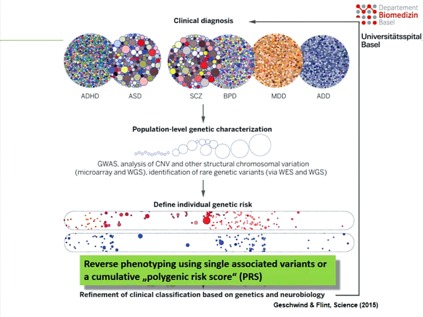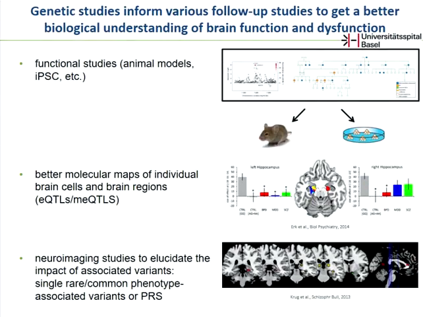So these polygenic risk scores are also, I think, a very interesting tool to dissect these neuropsychiatric disorders at the clinical level. Yeah, and then of course we need functional studies to follow up these findings, and I mean they are the first step. We identify at a genetic level pretty unbiased variants that are associated with disease, be it common or rare, but then we need functional studies to confirm them, to make biological sense of them.